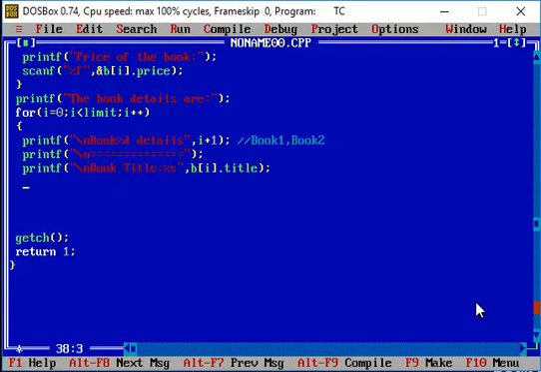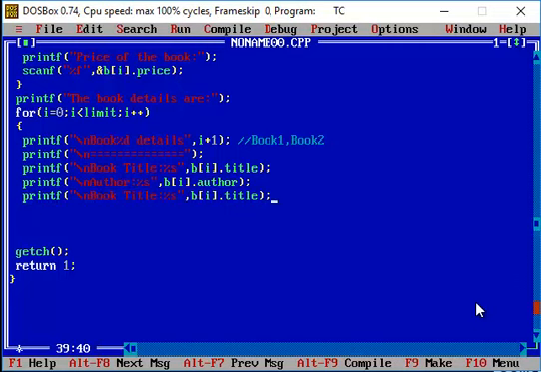So I'm just going to make use of the author name here. So author. And next you have to give the pages. So character format is %d, number of pages, and finally the book price.